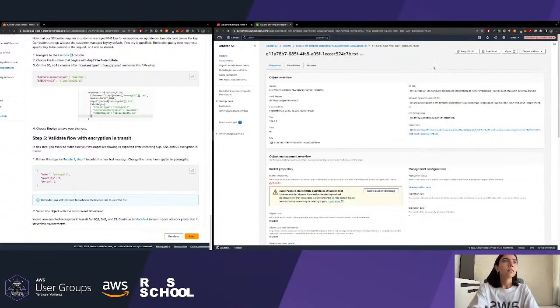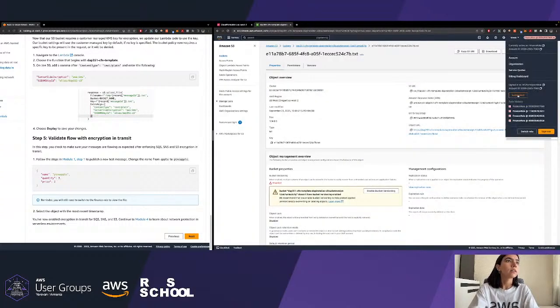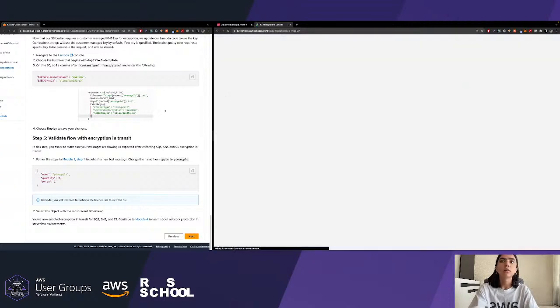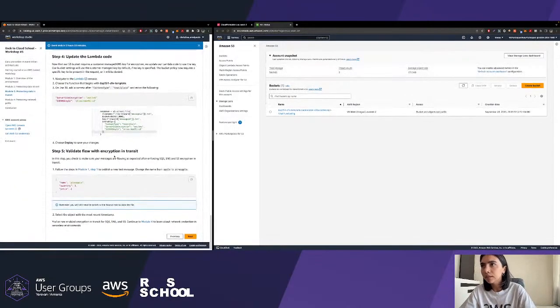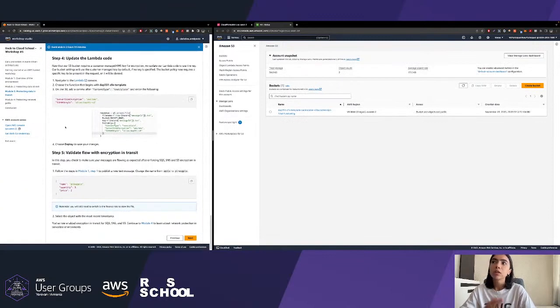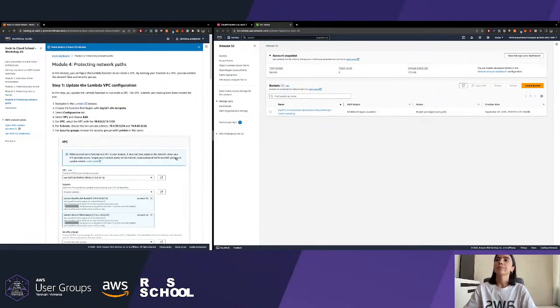So guys, let's just switch back and make sure that we didn't miss anything from the documentation. So congratulations, we did module 3 and we are proceeding to module 4, where we should try to secure our network paths.